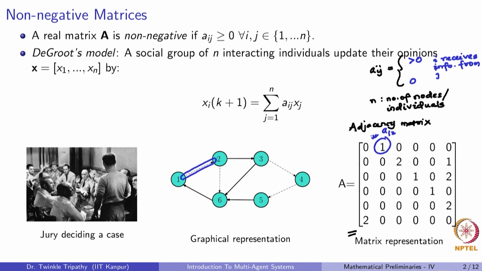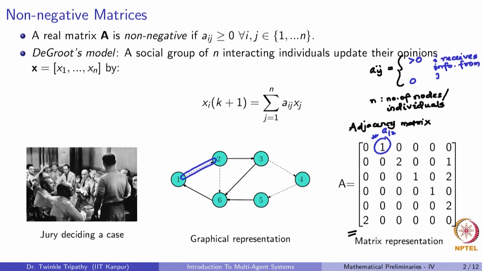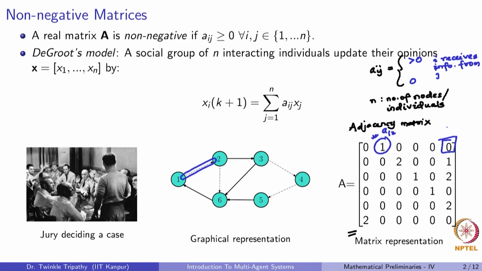Notice that in these situations, the adjacency matrix that we get is most of the time a non-negative matrix, right? So, in the study of multi-agent systems, non-negative matrices are really important and can be applied to most of the scenarios. There's only one case where the adjacency matrix can also take negative entries. That happens when the interactions between individuals become antagonistic with respect to each other, which is something we will discuss much later in the course. For now, let us assume that when they talk to each other, they are cooperative, meaning whenever 1 receives information from 2, it updates its own opinion.